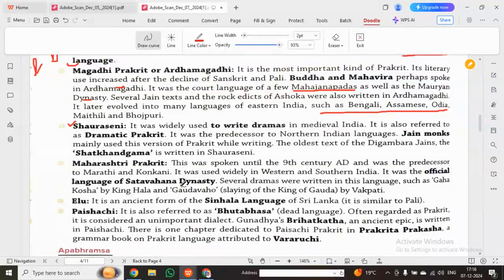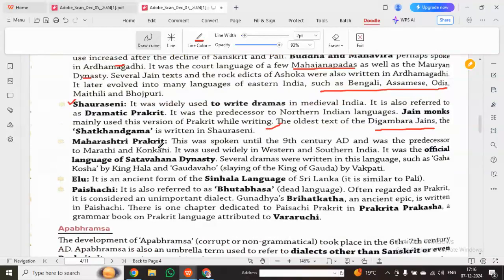सो हार से नहीं, अब बेसिकली ड्रामेटिक लैंग्वेज. इसमें ड्रामास लिखे जाते थे. सो दैट्स वाई ड्रामेटिक, इट्स अ ड्रामेटिक प्रकृति यू कैन से. प्रोसीजर ऑफ द नॉर्थ इंडियन लैंग्वेजेस, जैन मॉन्क्स जो थे वो यूज़ करते थे इस लैंग्वेज को राइटिंग में. दिगंबरा जैन्स का ओल्डेस्ट जो टेक्स्ट फॉर्म है, ठीक है, शतखंड आगम विच इज इन